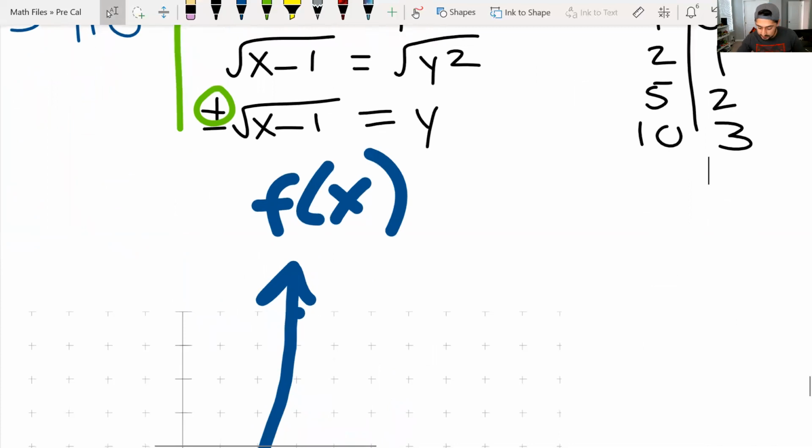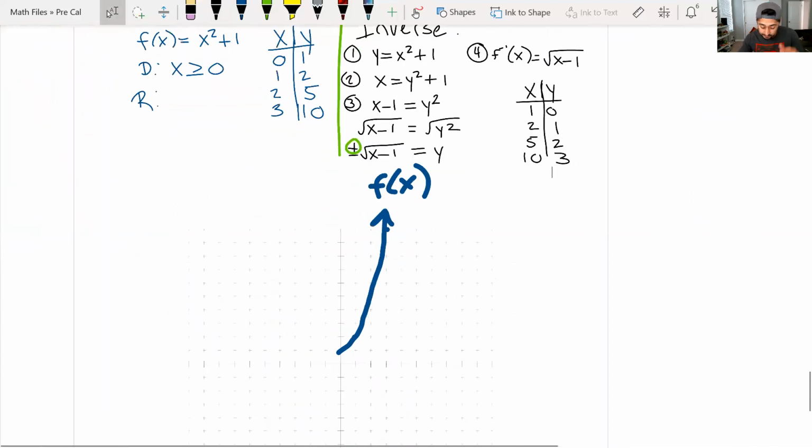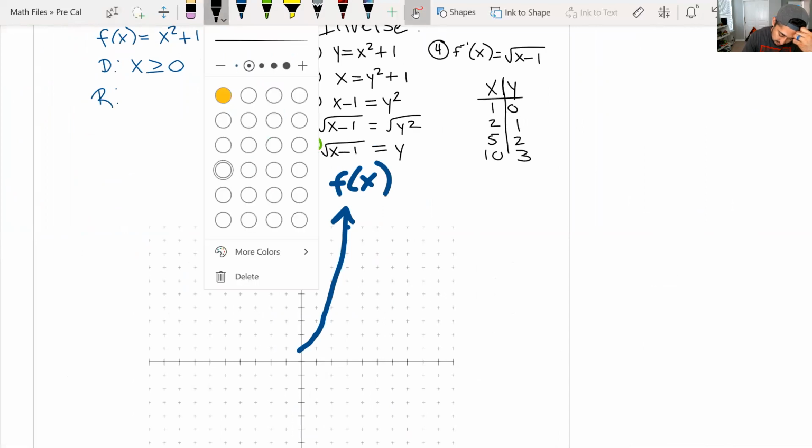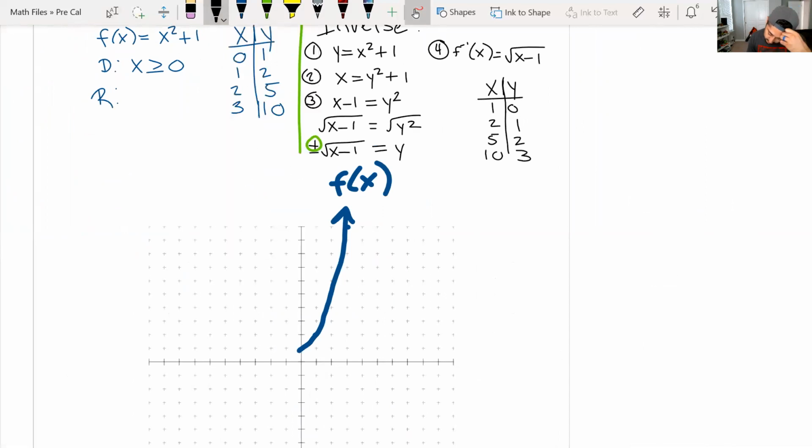And let's plot. 1, 0, 2, 1, 5, 2, and 10, 3. There we go. And there's the inverse